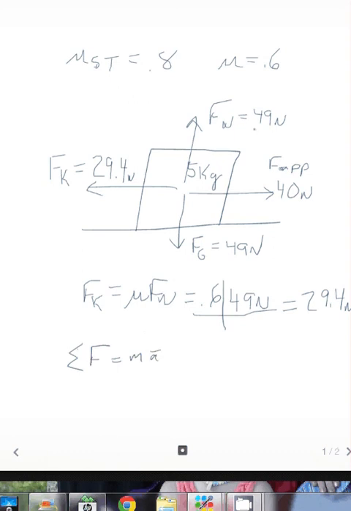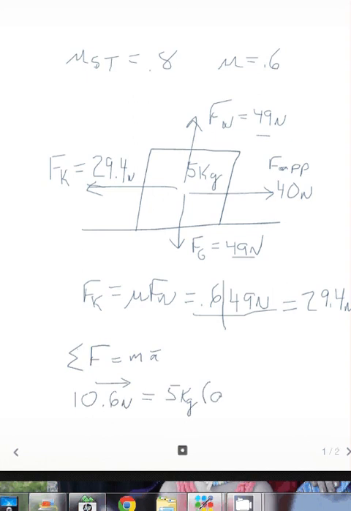Again, sum of the forces, all the forces added up. So I've got 49 up and 49 down. Those add up to 0. I have 40 to the right and I have 29.4 to the left. So it's still addition, but this number is a negative number. It's in the opposite direction. So that works out to be, well, the sum of the forces is 10.6 newtons to the right, and positive tends to mean to the right, but I'm going to put an arrow there to the right. That equals mass, 5 kilograms,